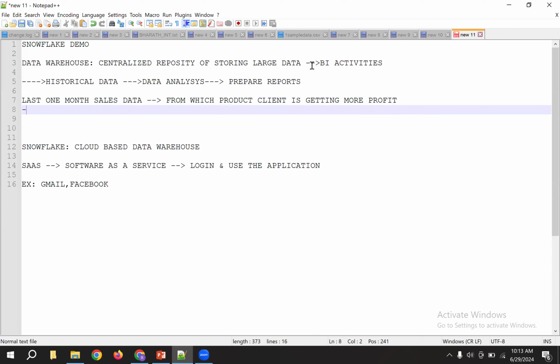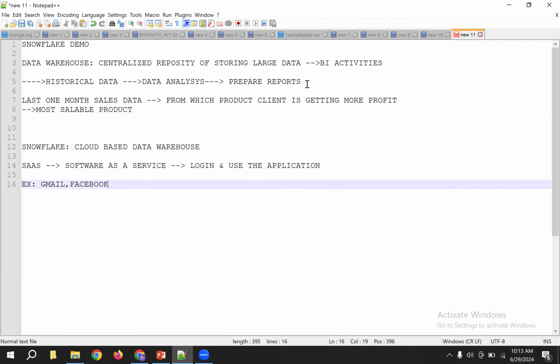Or we can say, which is the most saleable product. Like this, and finally we are going to prepare the reports, guys. This will be taken care of by the Power BI team.